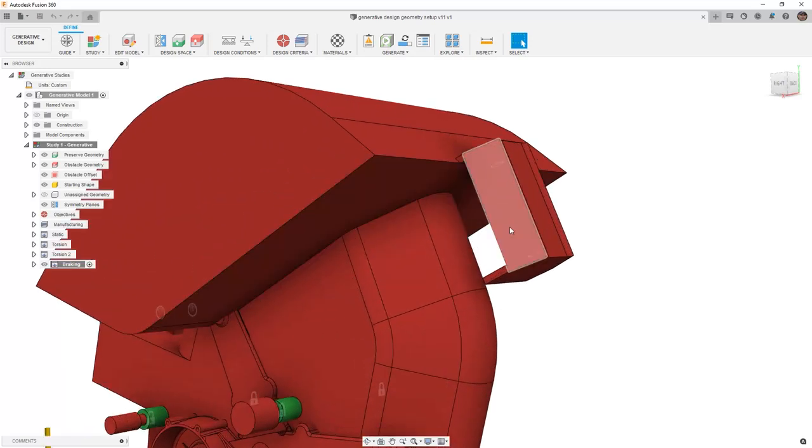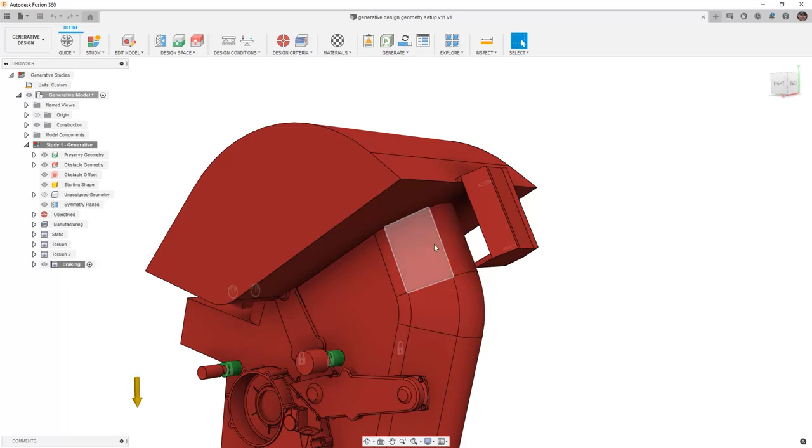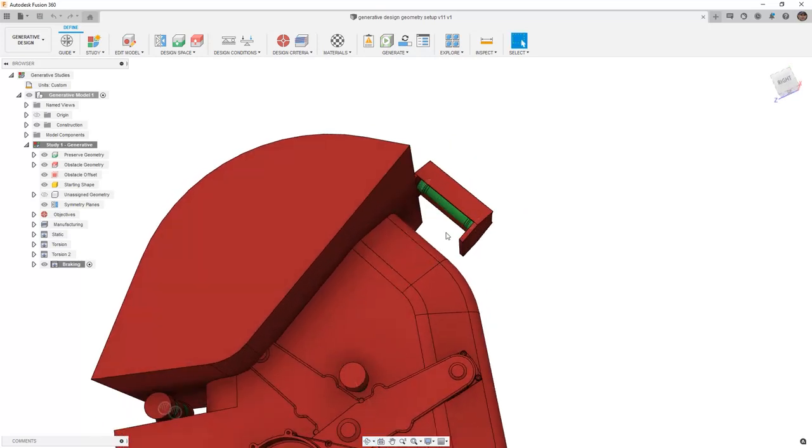If we take a look at the front of the steering stem, we now have some additional obstacles, as well as a tube that runs through the center of it to make sure that we don't have any build in that area. We also have a slight change to the front of the engine geometry. What we see here instead of a large fillet is more of a chamfer with filleted front and side edges. The reason for this is because we really need to have a line of sight between our preserved